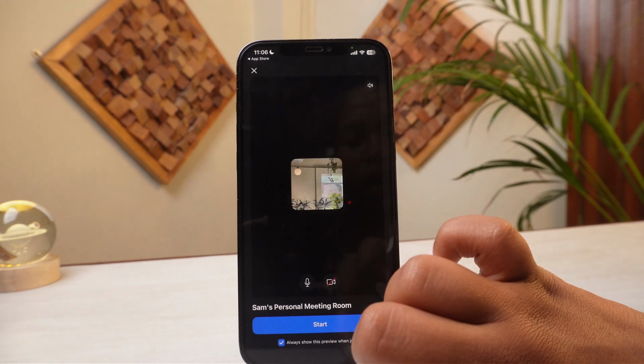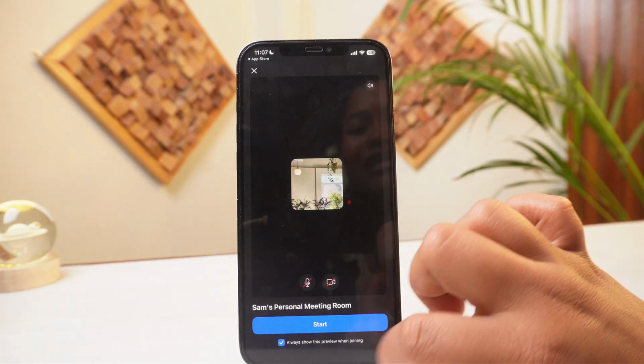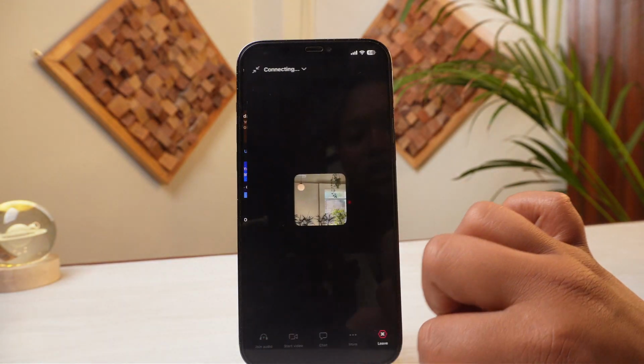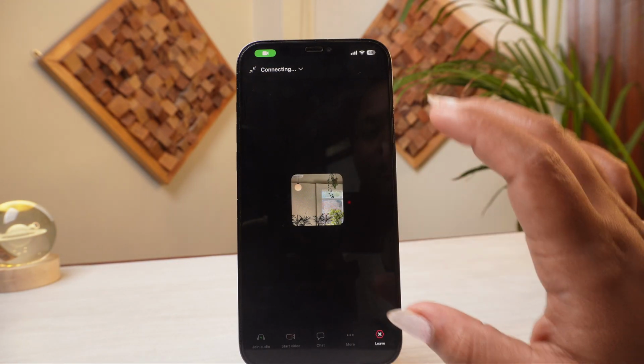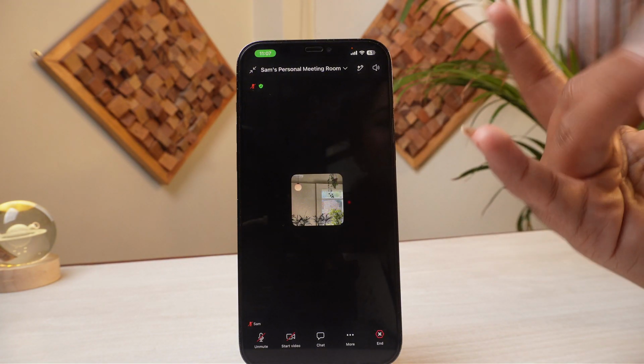Then after, you'll be able to see this particular option where if you want your video to be turned off, you can again do that. And in here, if you want your mic to be turned off, you can also do that. And in here, simply tap on start. So after doing that, here you can see it has now been connecting,